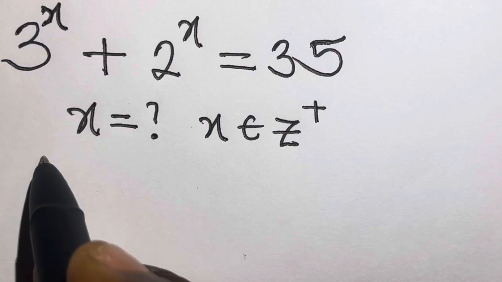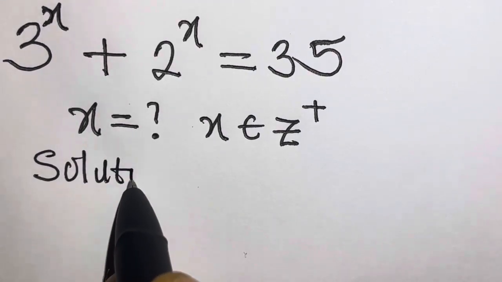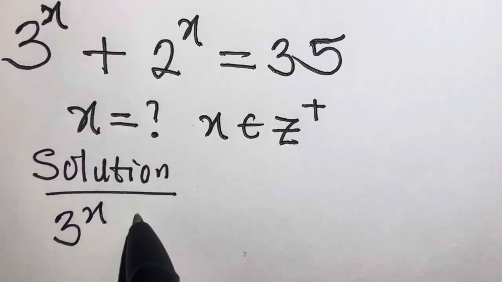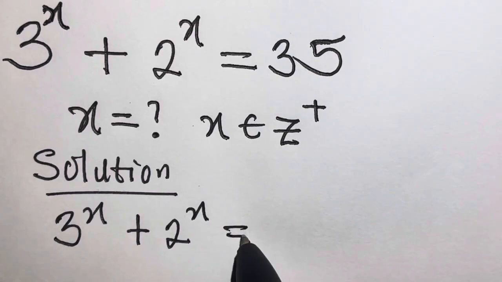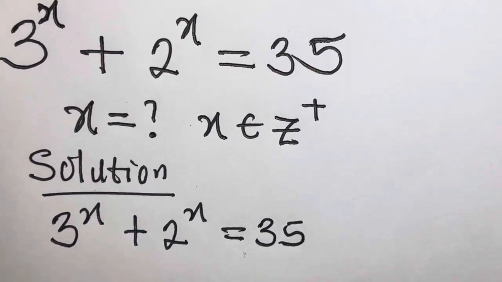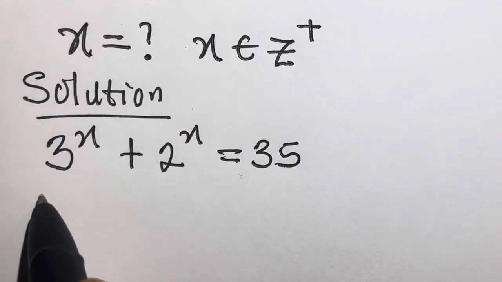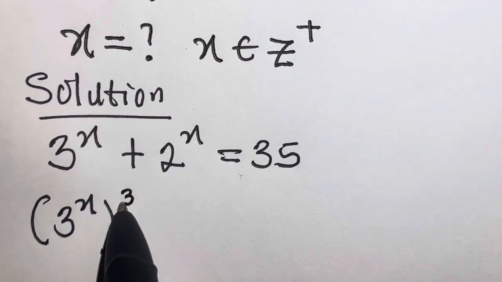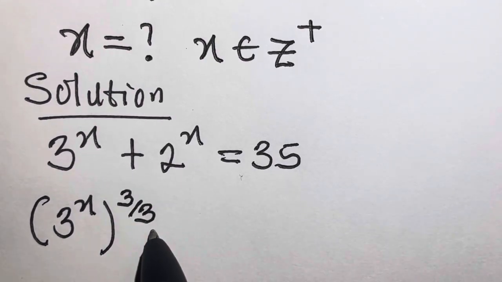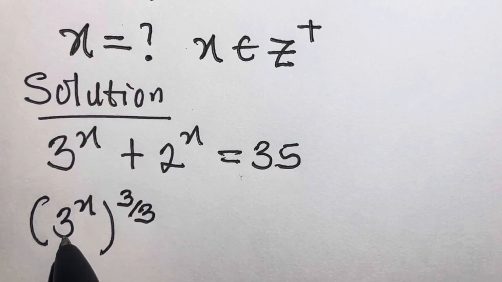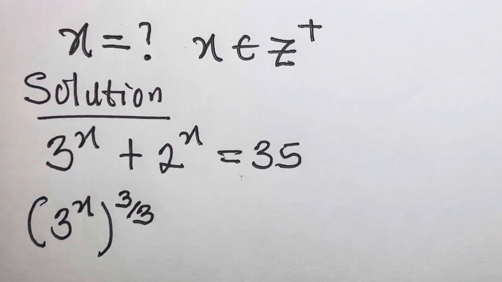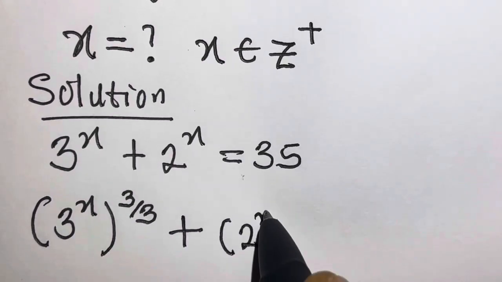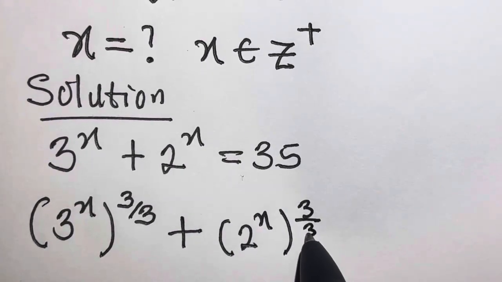So let's say solution. We have 3 raised to power x plus 2 raised to power x equals 35. So we can transform this to become 3 raised to power x raised to power 3 divided by 3. We know 3 divided by 3 will give us 1, and we have 3 raised to power x as well. Also for this, we will have plus 2 raised to power x raised to power 3 divided by 3